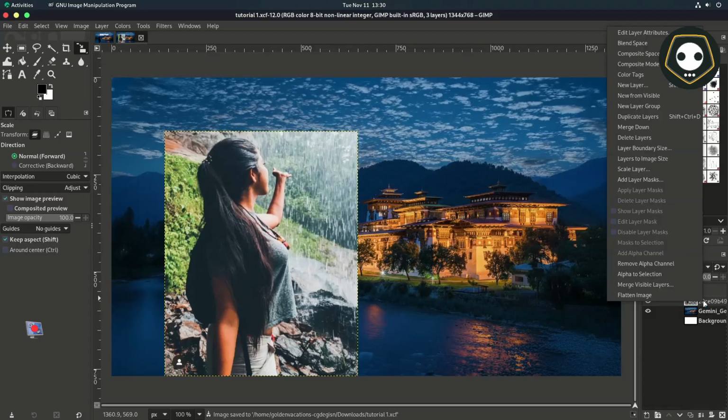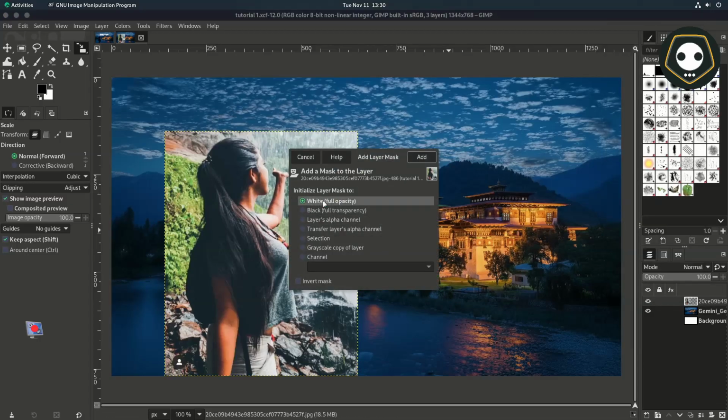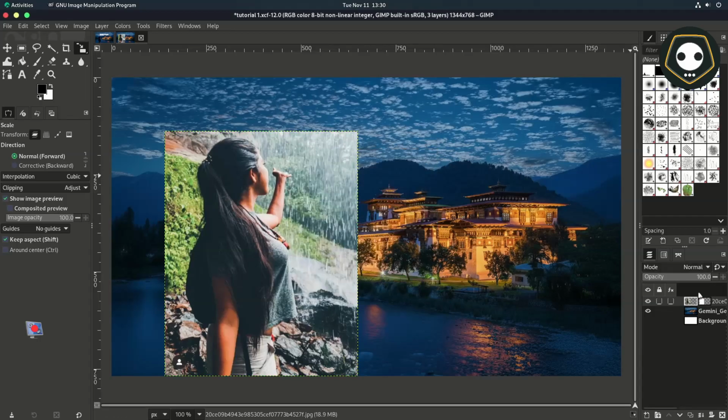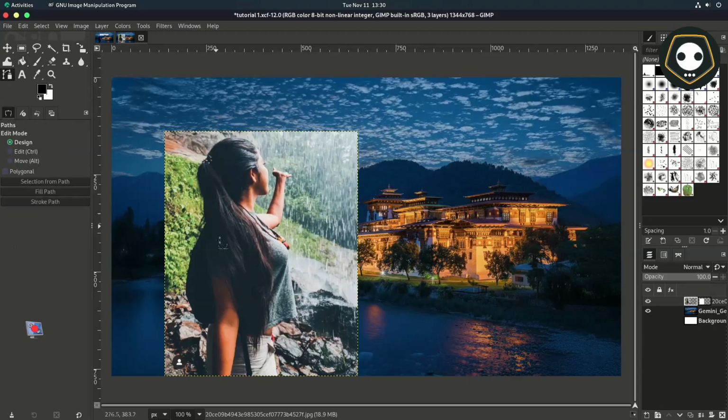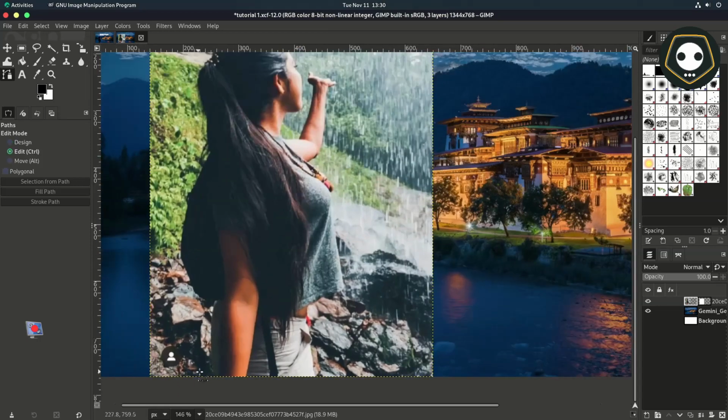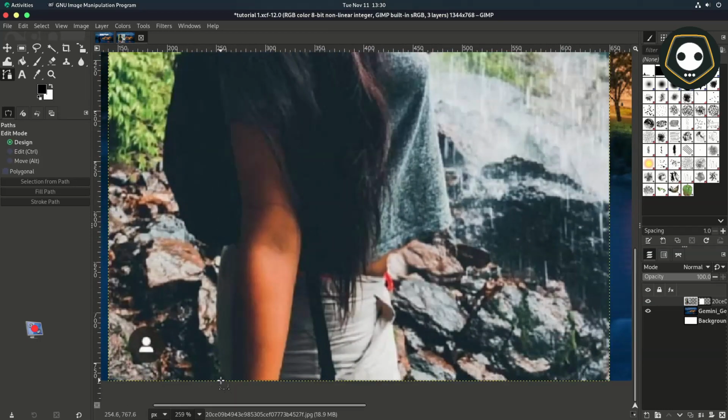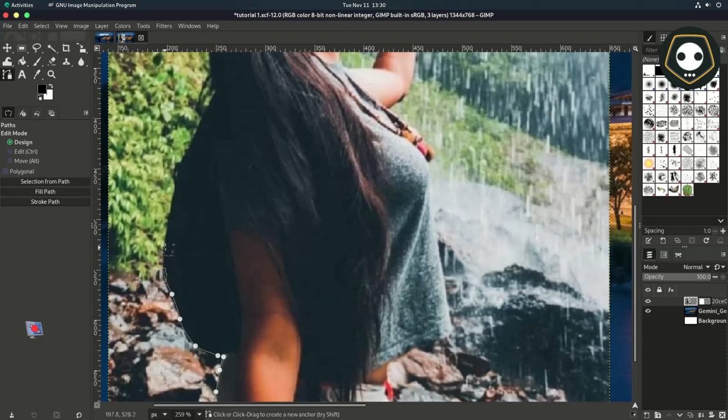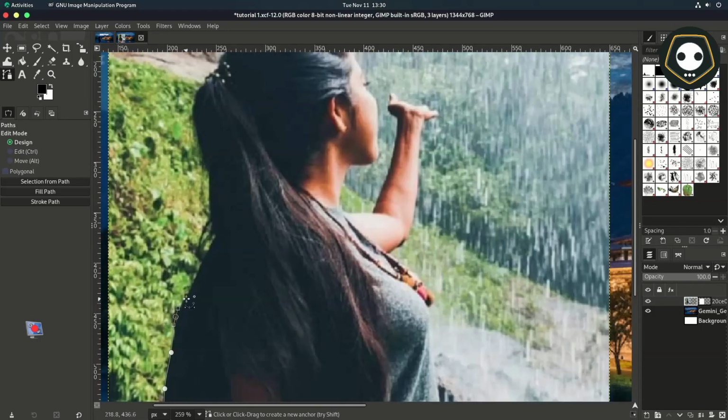Now I want to remove the bus. To do that, add a layer mask and select white, full opacity, and add it here. Now select this image layer, and select the path tool and create a path, because I want to block this character only.